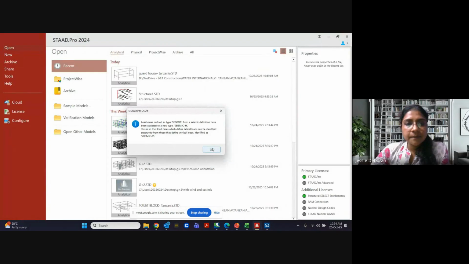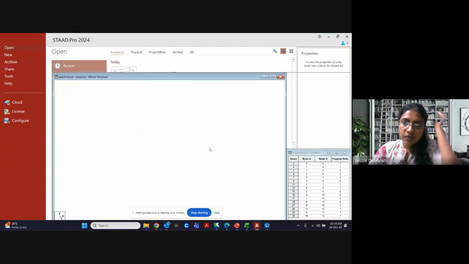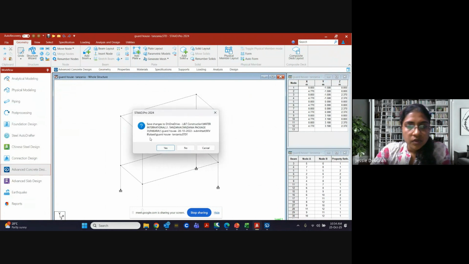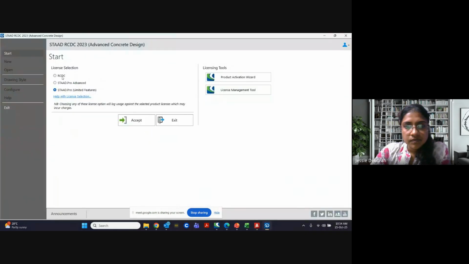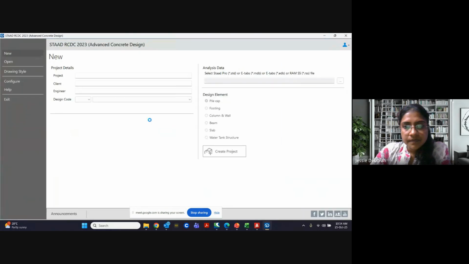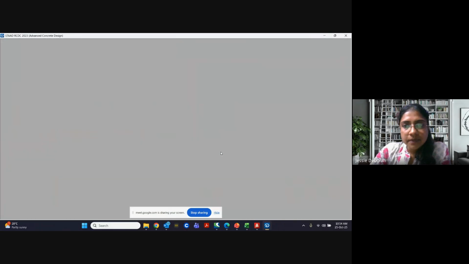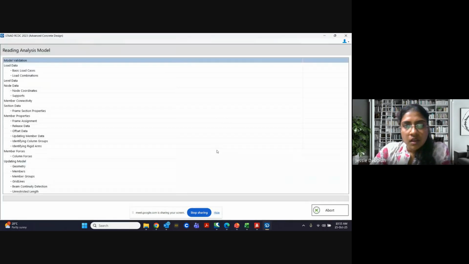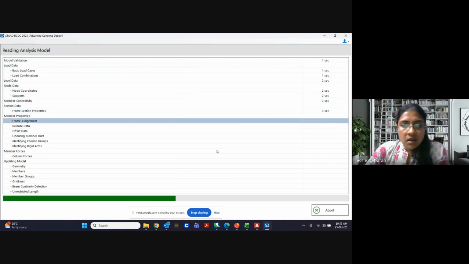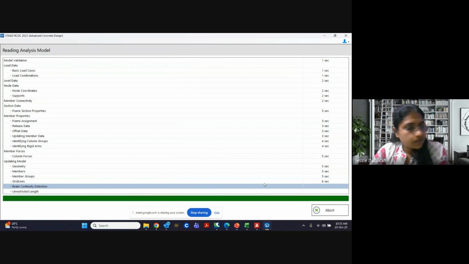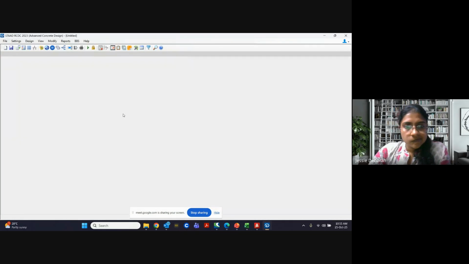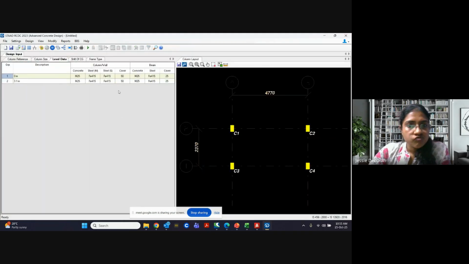Now similarly, we will go and check for columns. In RCDC, create a column project.